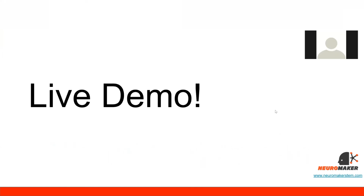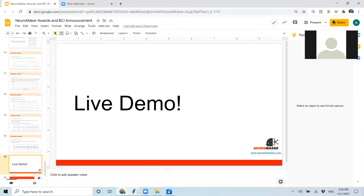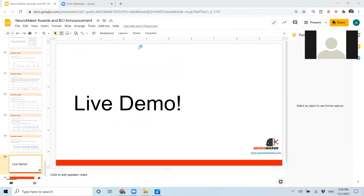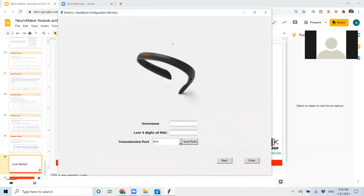Give me just a moment while I set this up. So I'm going to open up our main application here. I'm actually going to restart it. And you're going to see within this window, I'm going to be able to connect the device to my computer. So you enter a username and the 4 digits of my Mac. So on every